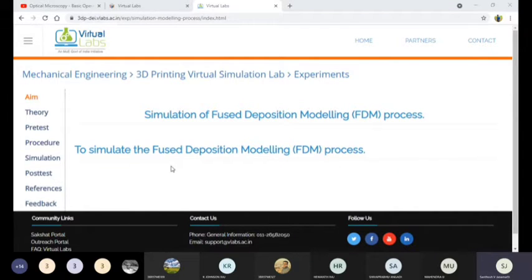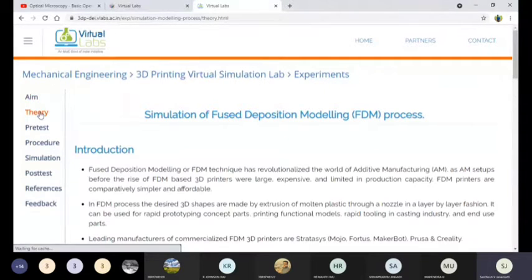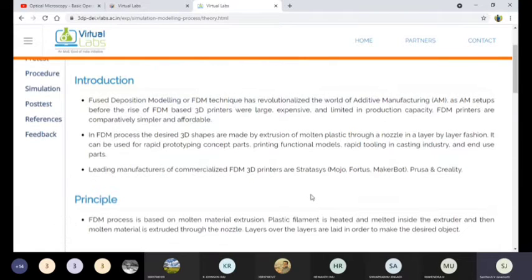We have already discussed how this FDM process works theoretically. So we have gone through all these things, right? Now we can directly go through the simulations so that we can understand how this works practically. Before that, I will talk about the theory also. We have discussed much theory in the classroom, though I will take up something important. We will focus on this theory now.